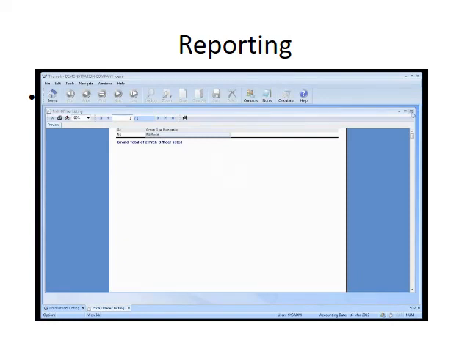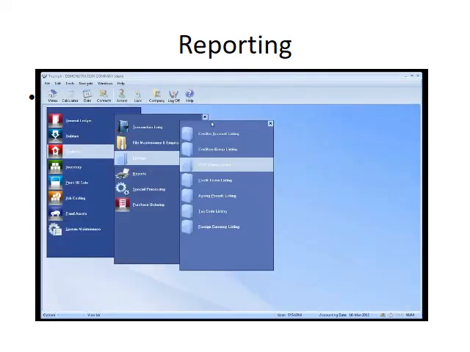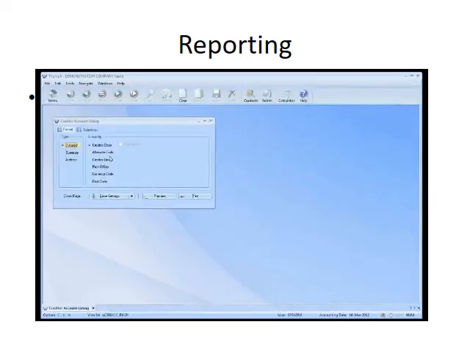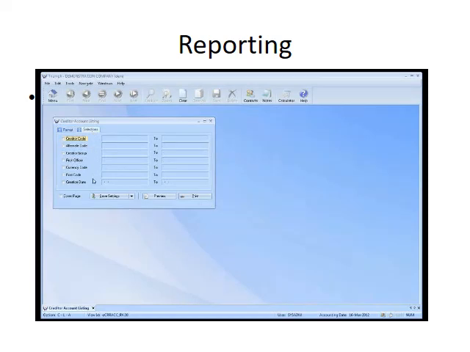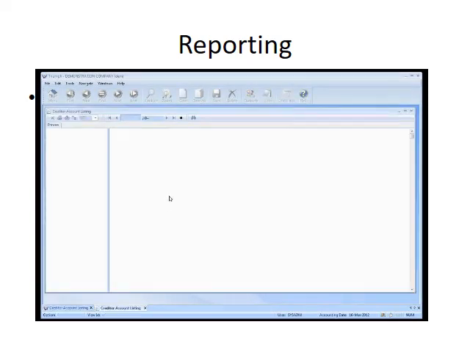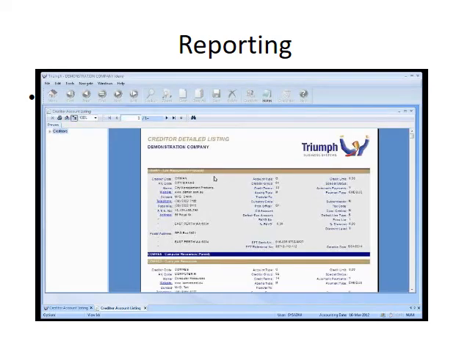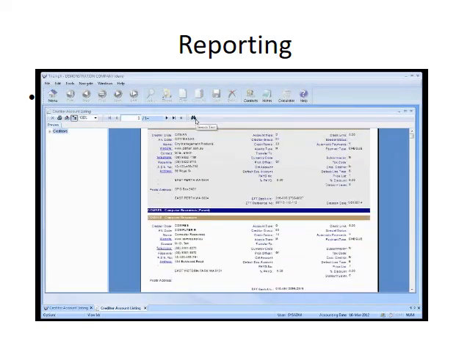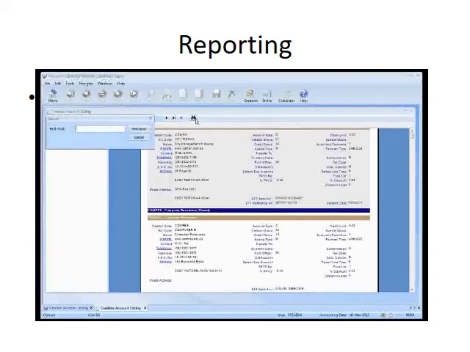It will come out of that simple report, and if you go to the creditor account listings, it gives you a few more varieties. You can get one that's giving you the full detail of all details you put in, a summary one, or just with the addresses. And then you can group it by certain categories, and you can do certain selections on it. If I just do a detail one, so you have a quick summary of what's there, it'll give us each creditor's account. And same thing if I went under search and put in,